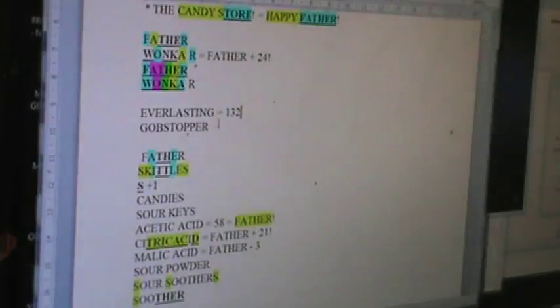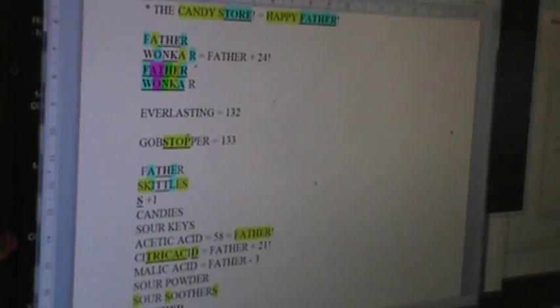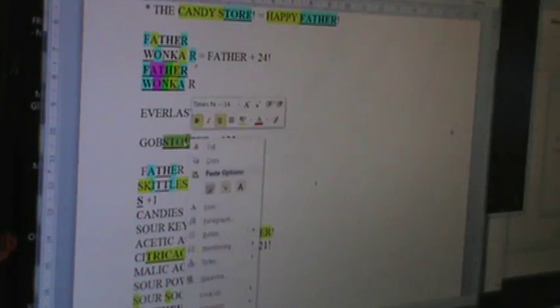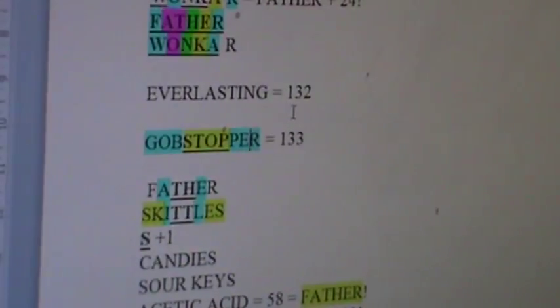Pretty glaring, 132, and this is 133. And then when you put them together, you maintain your gorgeous Father offset. The Everlasting Gobstopper. And there's the word stop at the center of Gobstopper, okay? So, God is sovereign. The word stop is like a kingpin on signage everywhere. Gobstopper. And that's flanked with a 123, 123 on both ends. So, pretty glaring how sweet the name Gobstopper is. All right, we hit that one out of the park as always.